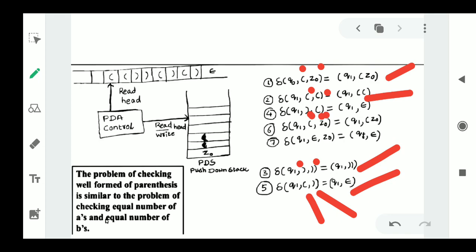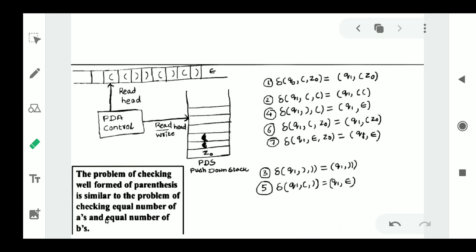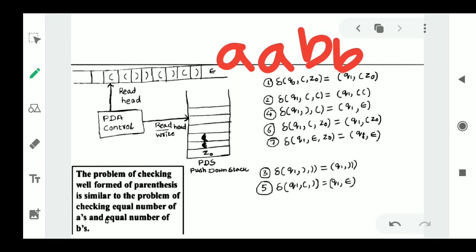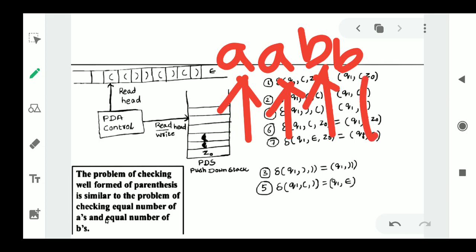So this is the example I want to explain to you, and this is the same problem which is similar to equal number of A's and equal number of B's. But there, what we discussed is AA, BB, equal number of A's and B's. When the same input symbol is encountered, we perform the push operation. If the symbol is changed, we perform the pop operation. But here it is not like that. The small difference is, consider this example.